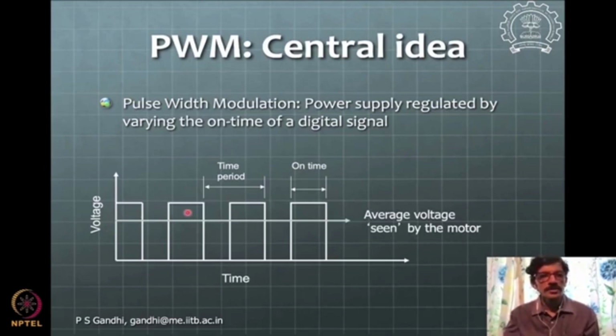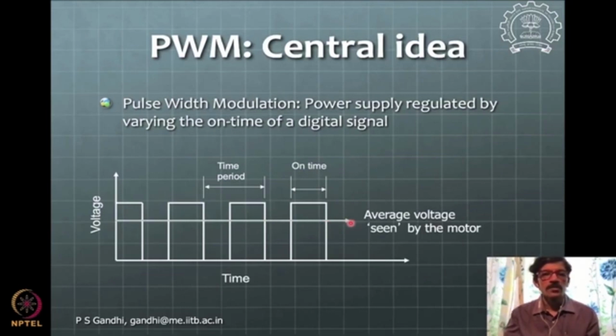So we use the same transistor amplifier, but now, instead of giving an analog input to that amplifier, we give this changing pulse as an input, and this pulse is given at a very large frequency. The frequency is large in such a way that your motor output does not respond to these pulses. What I mean is, these pulses can be changing at a frequency of, say, a few